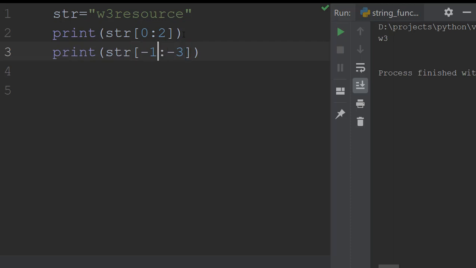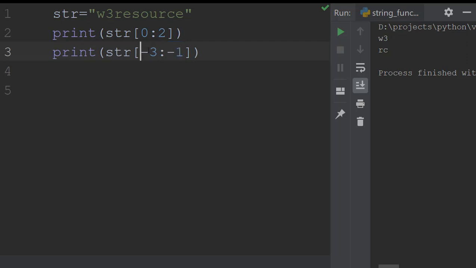I'm getting actually an empty string. Let's change it somewhat like this. See, I'm getting RC. Okay, I'm not getting E because the end index cannot give you the included character. Means, for example, if I'm writing -1, it will not give me E. Similarly, I have written 0 to 2, it is not giving you the third character, that is R.